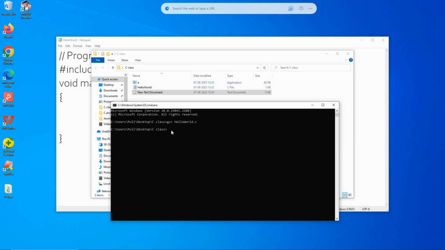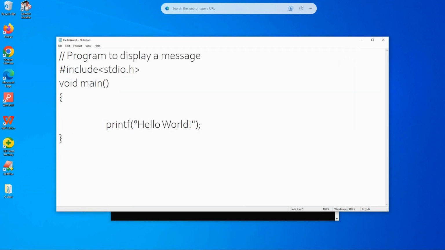So let us execute it. Just type the application name and press enter. This shows hello world. Now we don't want this default application name. We want our own name for that application. Let us type our own application name. So for that,